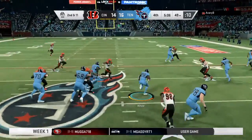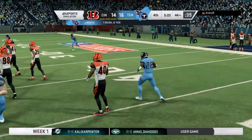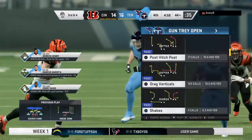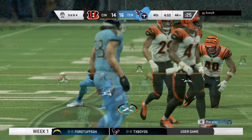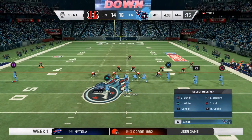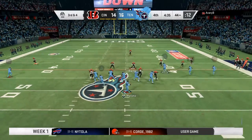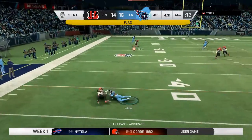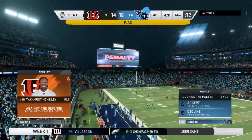They'll run it here. This is James White. A 6-yard pickup on the ground that time, and that'll make it 3rd and 4 coming up. On a 2nd and long, it's really nice to see an offense that has enough confidence to run the football in that situation. I think that goes back to their practice and game planning. They've seen things on tape and in previous games that led them to believe that even in a long-distance situation, they can still run the football and gain enough yardage to put themselves in a good spot